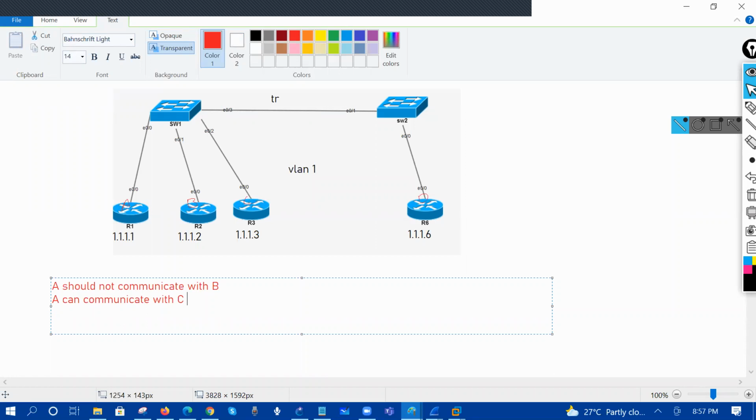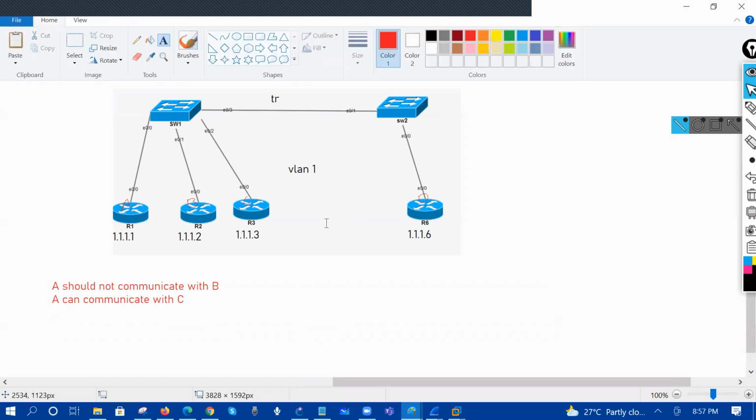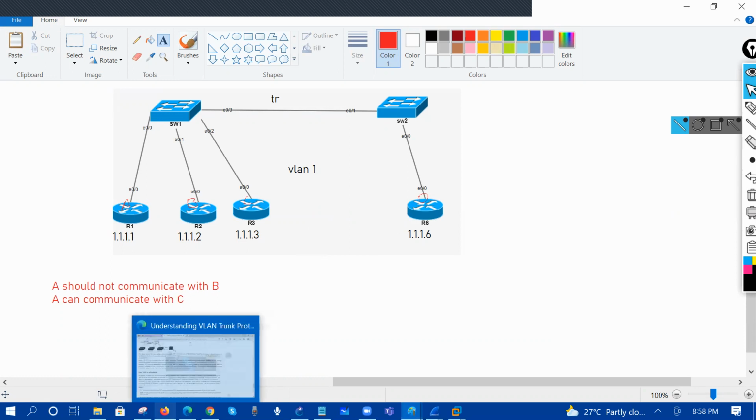Okay, let's do one thing. Let's apply the ACL and deny the traffic and permit the traffic, right? I'm not telling you that your thinking is not good, it's very good. But the thing is that ACL will require lots of commands over there. By default, if you have a look,